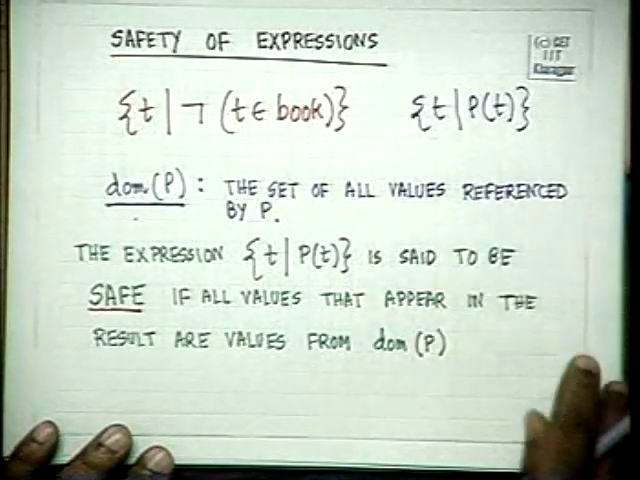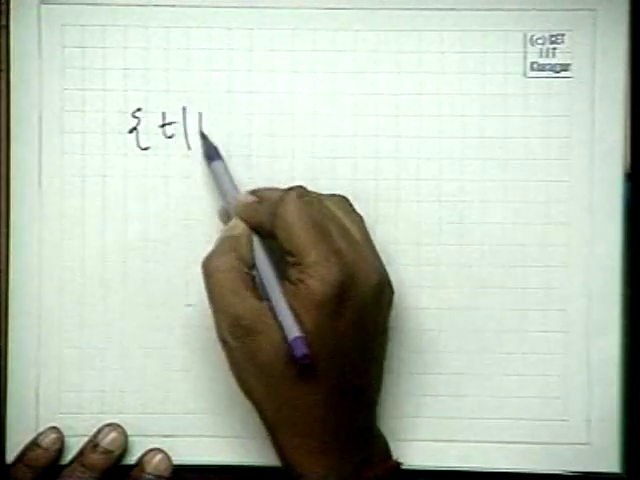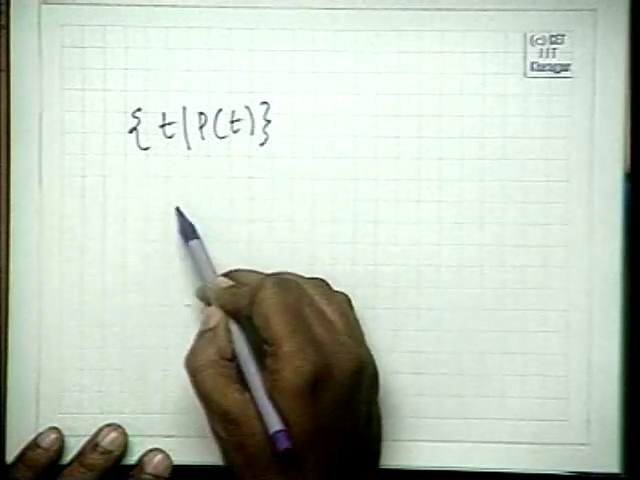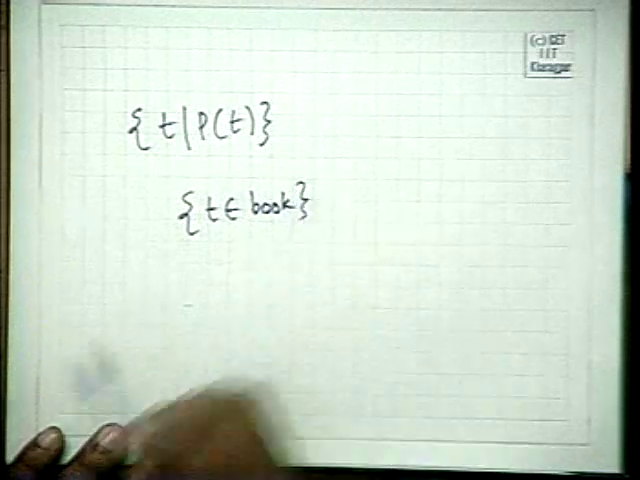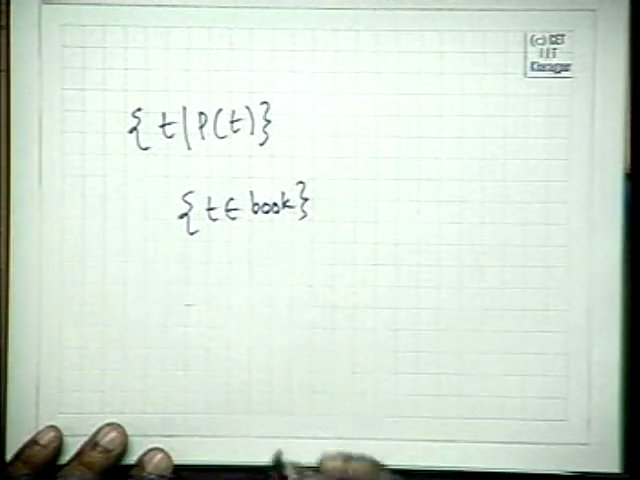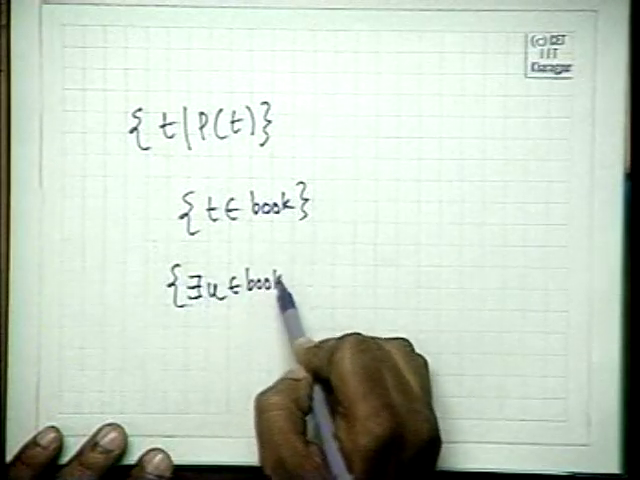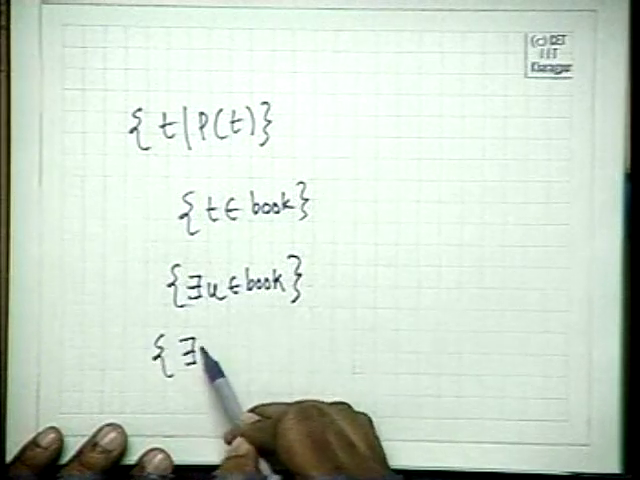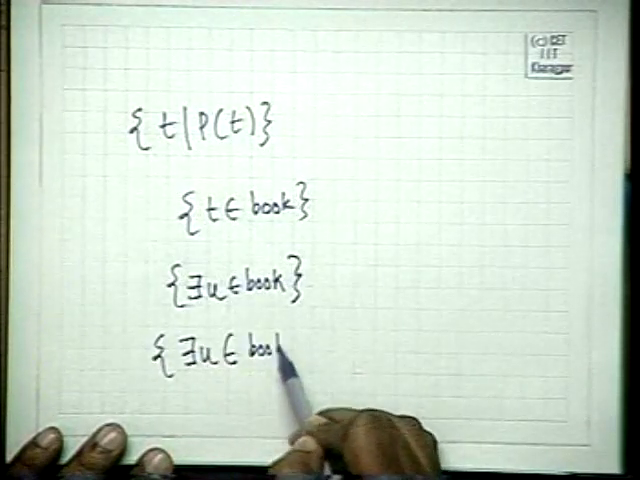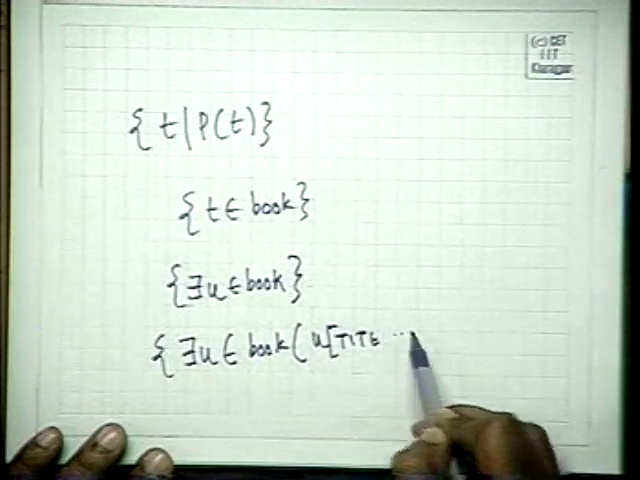Now, this predicate, let us see the examples of DOM P. If I write down any predicate P(t), I may write this as t element of book. So, domain of P is the set of books. I may write down there exists u element of book. Here again DOM P is book. I may write down a query there exists u element of book such that u of title equal to something